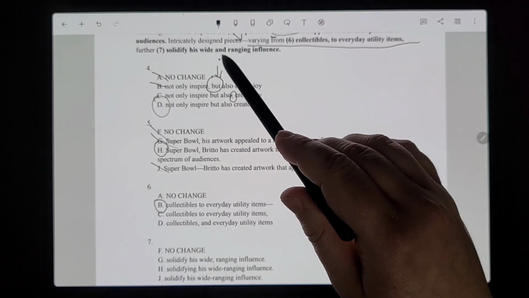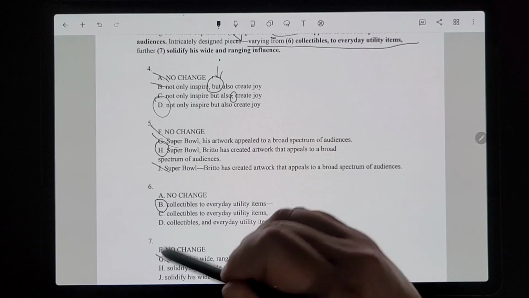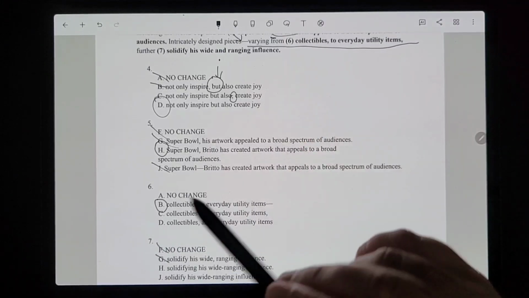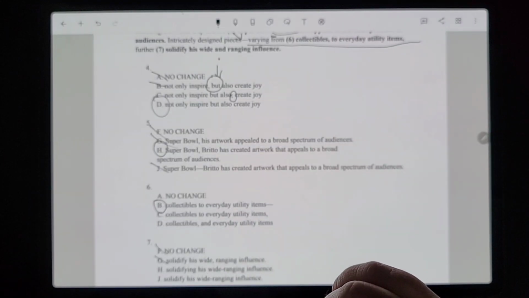You can't use "and," and you can't use a comma there either, so it can't be F or G. That just leaves us with "solidifying his wide-ranging influence" or "solidify his wide-ranging influence." Give me a second to think. Oh yeah, duh. It's "further solidify," because you can't say "intricately designed pieces further solidifying his wide-ranging influence." You're waiting for other stuff to make it a complete sentence. So which one's the one that says solidify?